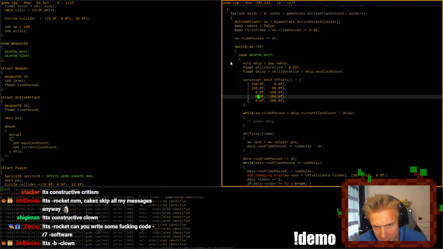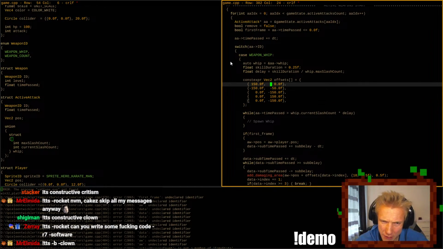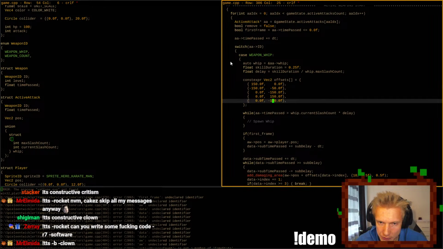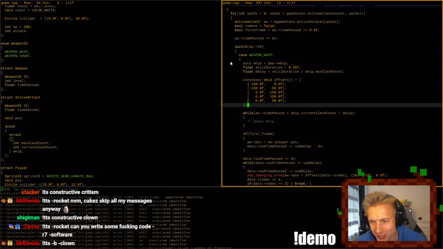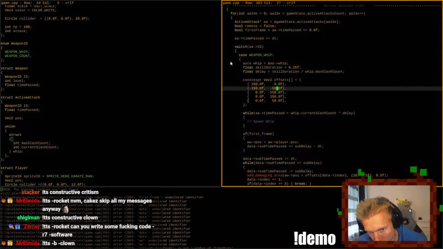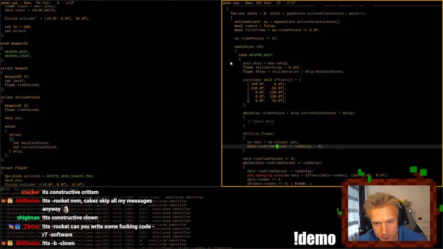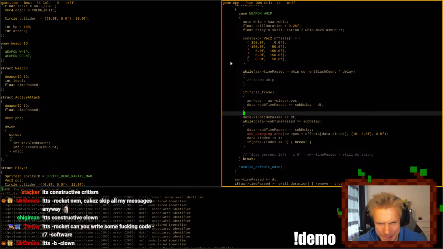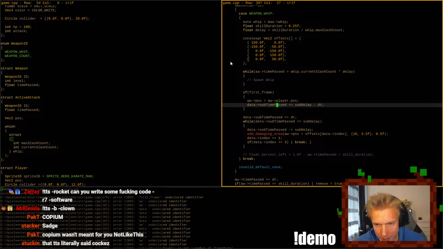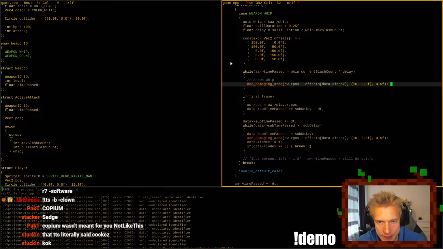150. And what is this size, by the way? That's like in the middle on top. And I guess we'll put the middle on bottom. And then I guess since we have one on the left and mine is 50, that should be one on 50. Like some sort of ring. Okay, now we have the offsets over here. We need to make sure that we have 5. And then over here, we can add a damaging area.